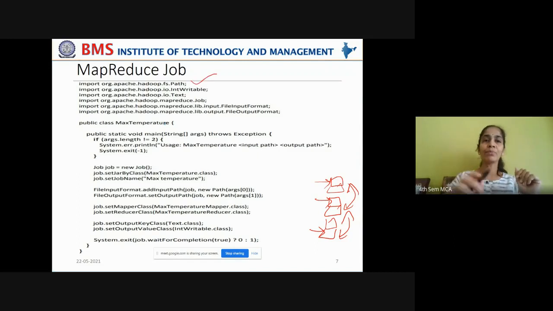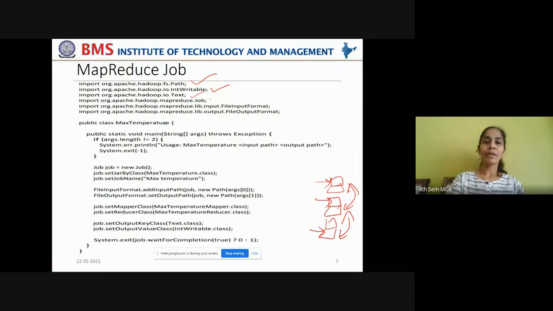So you need to import the fs.path class in order to create the instances of those files. Okay, so you import org.apache.hadoop.fs.Path class. Now you also have to work with some integer values and string values, so import them too.